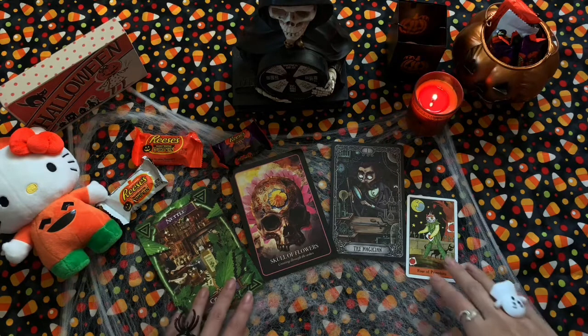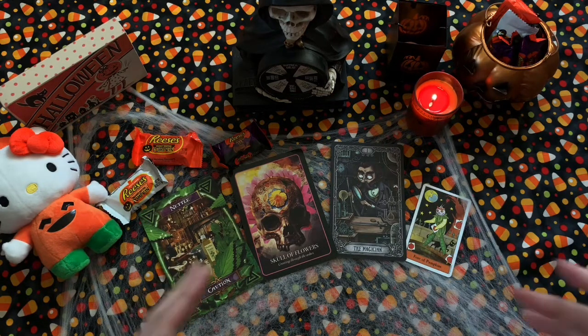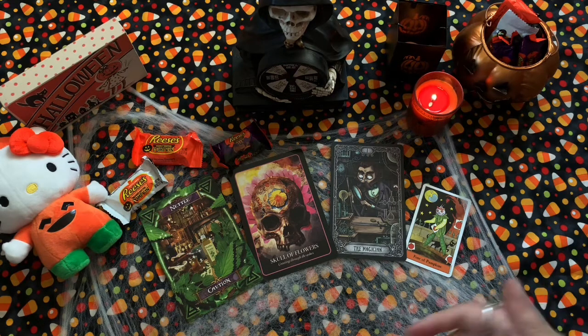Okay, so this is what I'm getting. I feel like there's something that you've been wanting to do, and of course there are things that we all want to do. There are people that we want to talk to, but maybe we're a little shy to talk to them. There are opportunities that we want to take, but we might be a little cautious about taking those opportunities. There might be things we want to apply for, but we might be afraid of rejection. We all have our anxieties, our phobias, our fears, but as people, we're trying our best